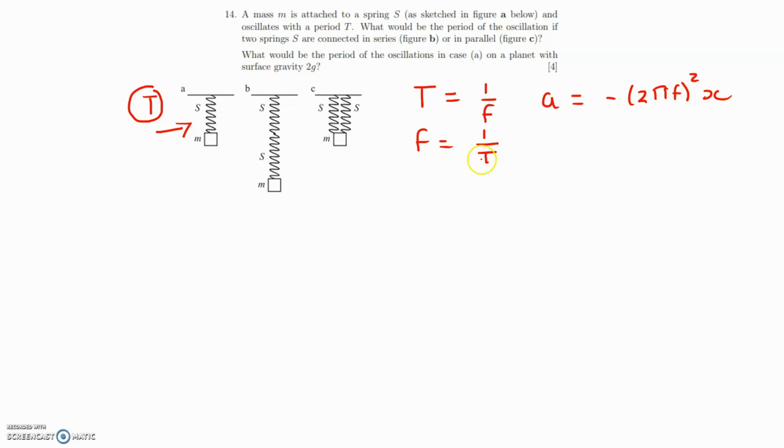So we've got an expression for f here, and this equation now becomes a new expression. Okay. Now what we can also say is that the restoring force on this spring, trying to restore it back to its equilibrium position, can be given by